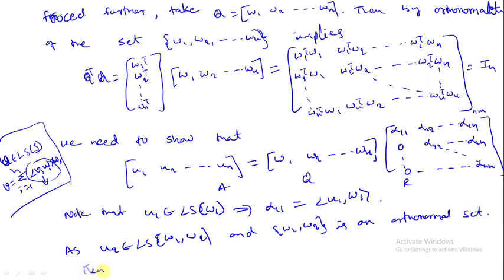We get the same thing. Then we get alpha 1 as the inner product of U2 with W1, and alpha 2 as the inner product of U2 with W2. Now we read what alpha 1 and alpha 2 are. We get alpha 1 equal to the inner product of U2 with W1,